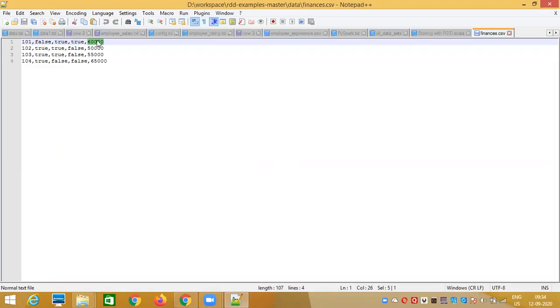You have to read this data as an RDD, like we have already seen with our context.txt file, and you can specify the path of the file and create an RDD out of it. But before that, you have to upload this finances.csv into your Databricks file system, DBFS. First upload this file into DBFS, then read the data as an RDD and start applying the transformations.